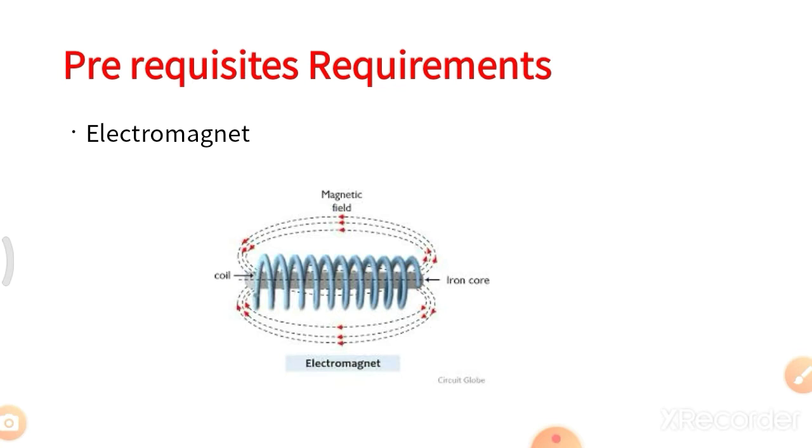The flux produced and flux density can be controlled by magnitude of current. The direction and shape of magnetic field around coil depend on direction of current and shape of conductor. The figure shows that a coil carries a current, it produces magnetic field and then it acts as an electromagnet.